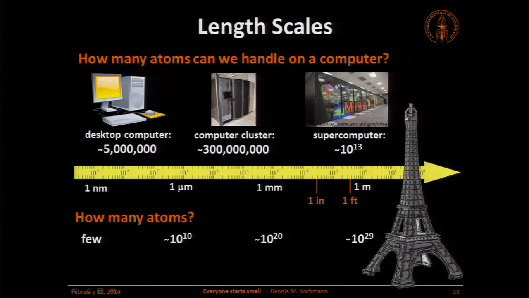We're lucky we have a cluster here at Caltech. It's basically a connection of many computers, but even with this, we can barely do 300 million atoms. That's it. We're very fortunate to have access to a supercomputer at Argonne National Labs called MIRA. This is basically a combination of more than 200,000 computers, but even with this, you can barely model 10 to the 13 atoms. So if you compare numbers, there's no way we can ever go here. We cannot model this. It doesn't work.